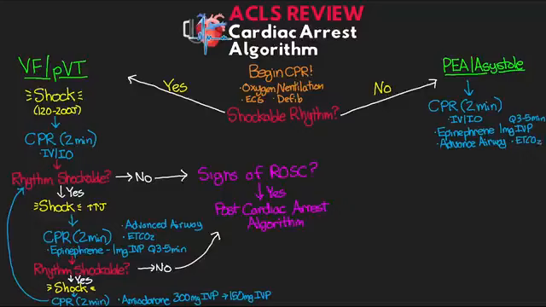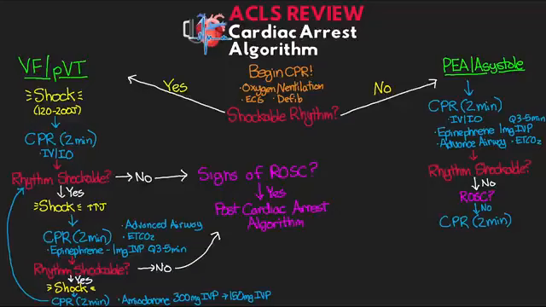So now as soon as the 2 minutes are up, just as we've been doing on the left branch, we want to do a rhythm check and see whether or not they have a shockable rhythm. If it's not a shockable rhythm, again, we want to assess whether or not we have ROSC in our patient. And if not, immediately resume high-quality CPR. And so it's at this point here, as well as, I forgot to mention this at the last stop, the last point at which we do CPR in the left branch,